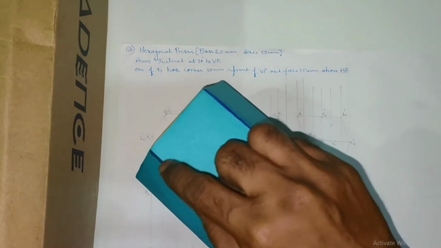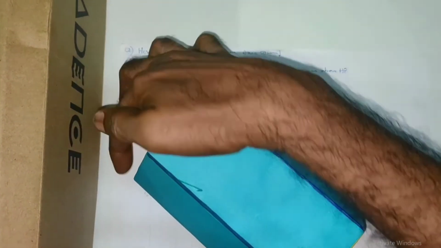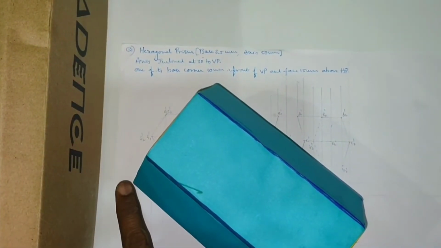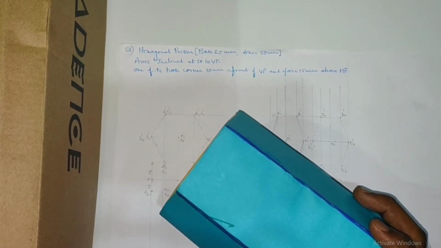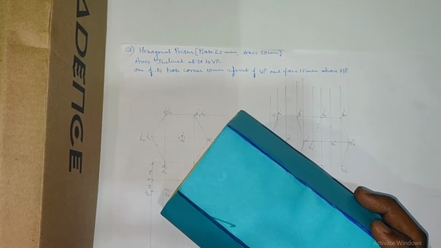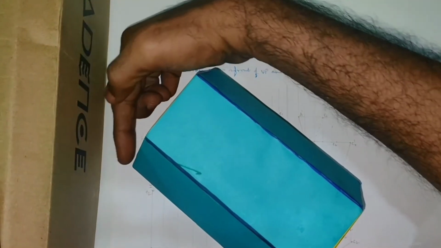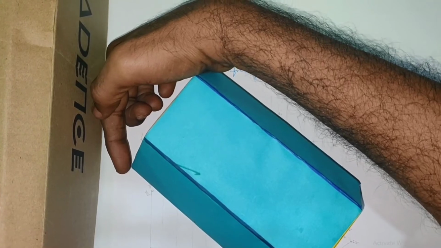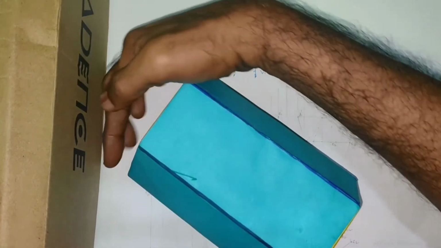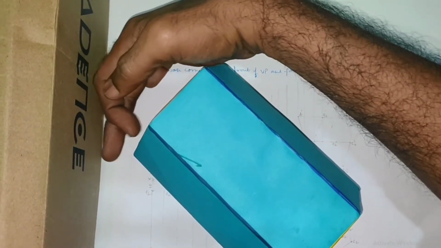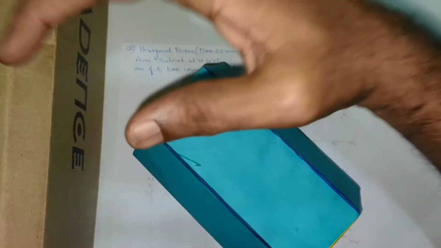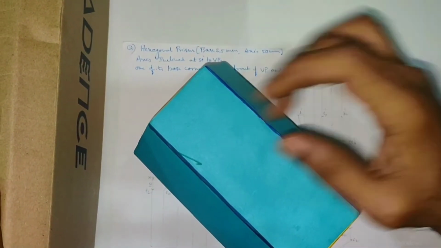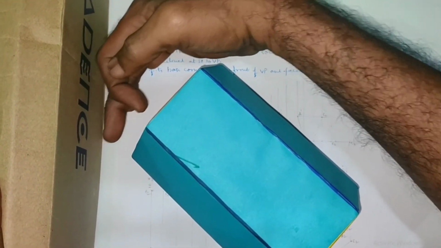And one more thing is one of its base corners. Here we are going to have 6 corners, 1, 2, 3, 4, 5 and 6. One of its base corners is going to be placed 10 mm in front of the vertical plane. So let us say this is one of the corners we consider for this prism, and it is placed 10 mm, let us say this gap is 10 mm, in front of the vertical plane, and this can be observed only in the top view. Whatever distance there is from the vertical plane can be observed from the top view.